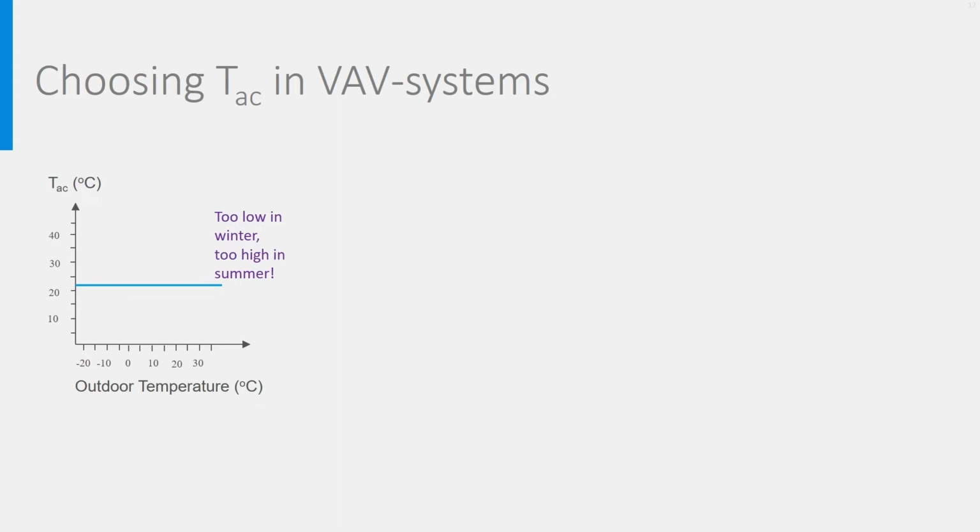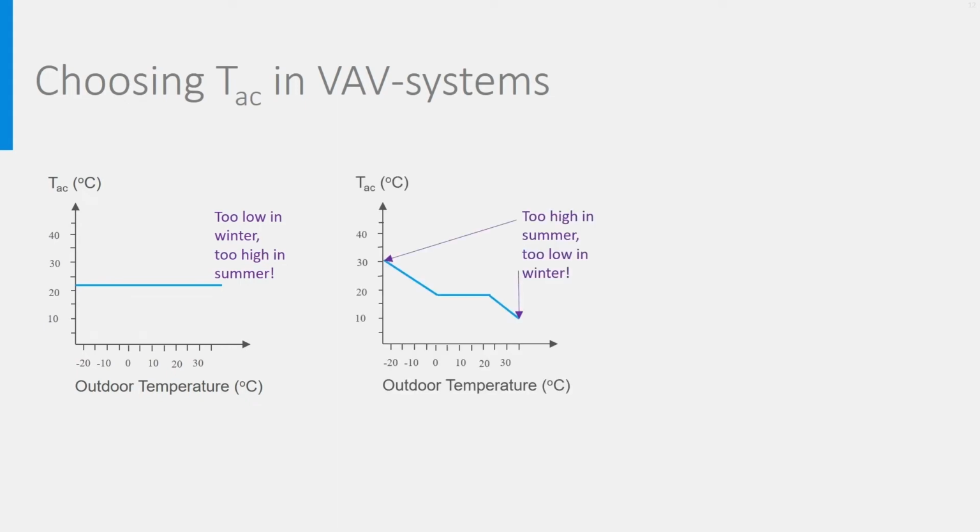So let's look at the second solution, in which TAC varies with the season. It is constant, but it varies. It is a VAV system, but only during a season. In the very cold season, a high temperature is applied and TAC is decreased linearly with the outdoor temperature. The set value is decreased. At moderate temperature, the set value of TAC is kept constant, and at high temperatures it is decreased.